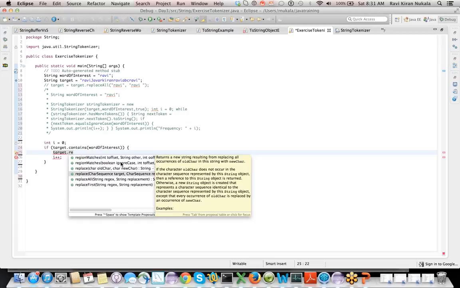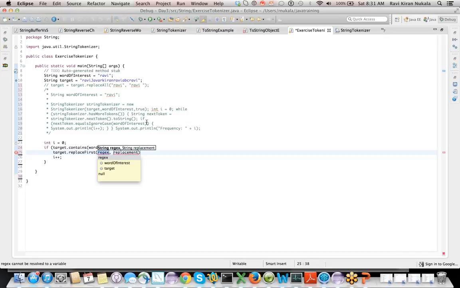It's going to replace first occurrence of word of interest with empty. You see what I'm saying?